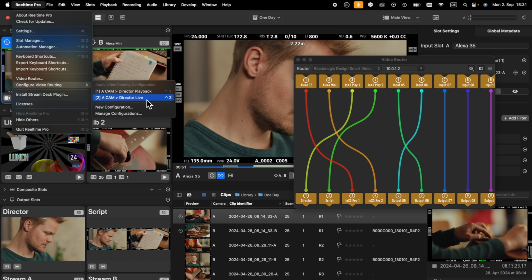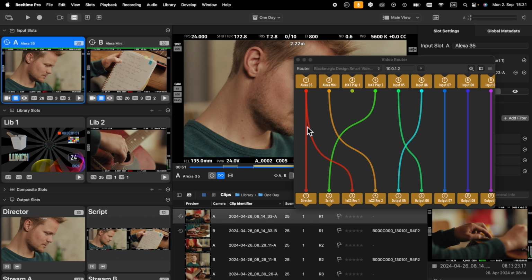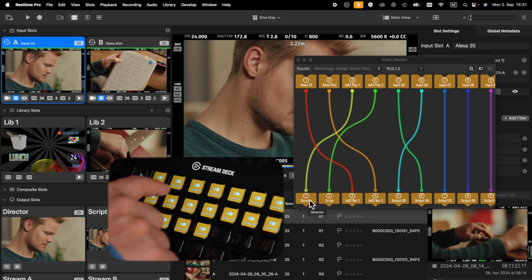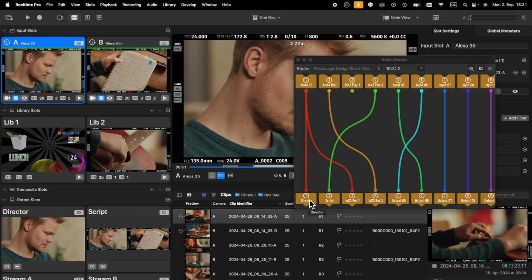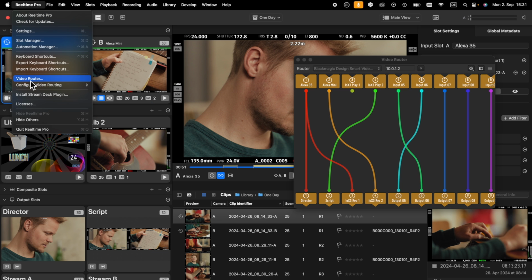So our first configuration would not be an option, even with a remarkably small amount of 2 or 3 frames latency. But the second configuration with a direct live feed is just perfect. You could use buttons on your Stream Deck to switch between the two configurations. But there's a more convenient way to do it.